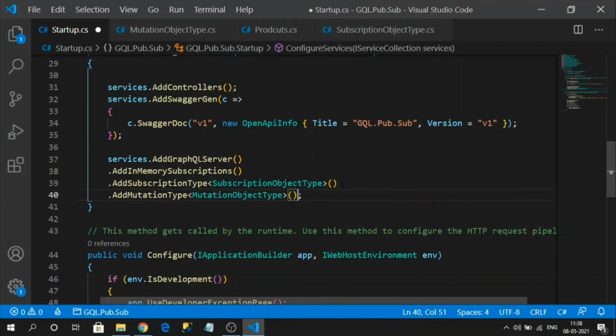If you try to run at this point, it will throw an error that the query object is missing, something like that.